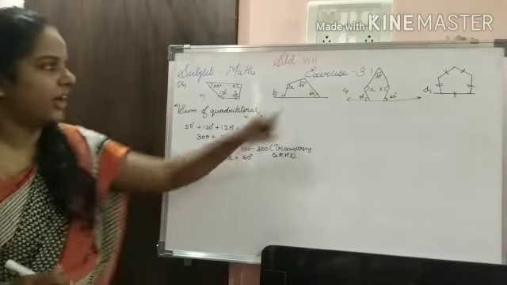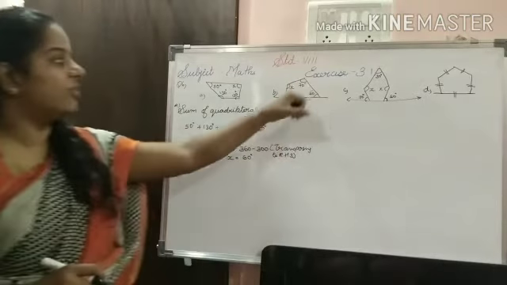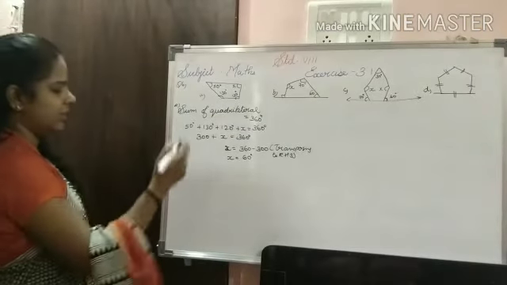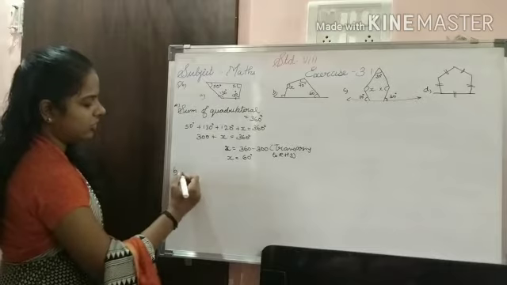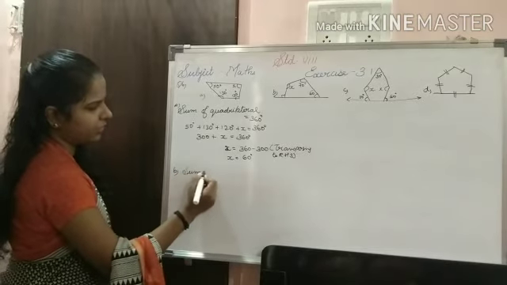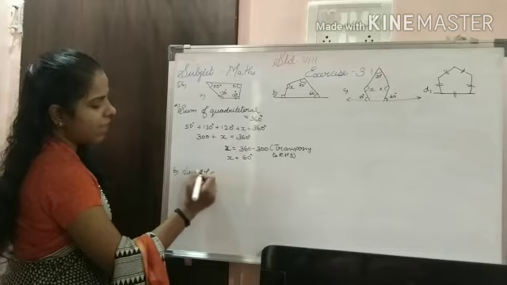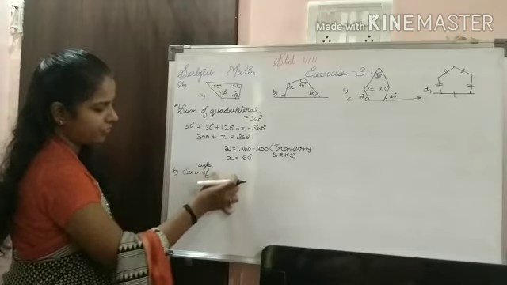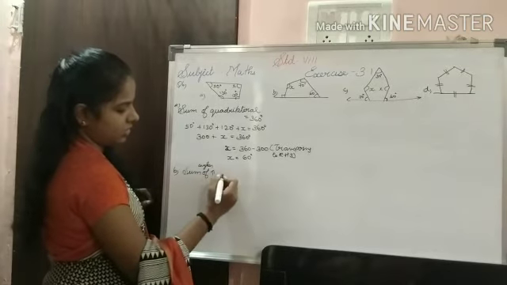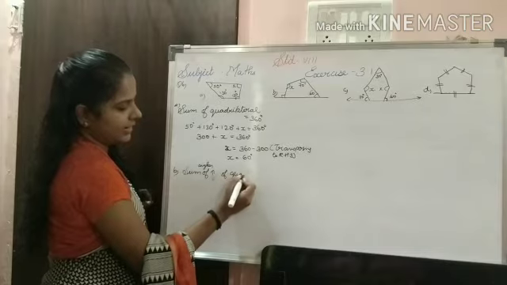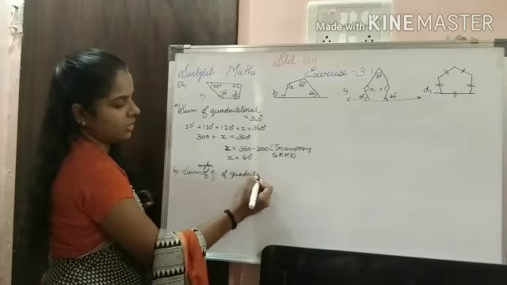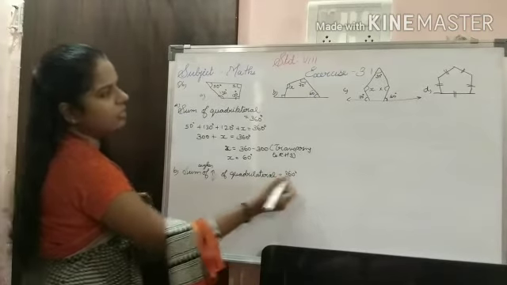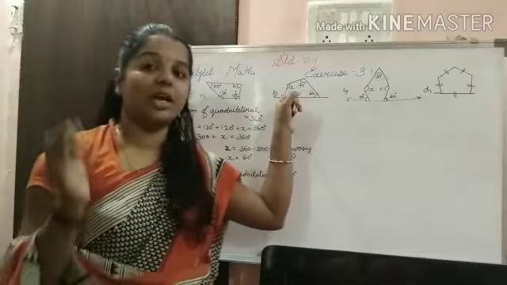Okay, students? Now we are going to see the second sum, where you can see here also an x angle is there. So what we will be doing here is finding the angle x. Same: sum of angles of a quadrilateral, every quadrilateral, is 360 degrees. Here also it is a four-sided figure, so we are easily taking 360 degrees.